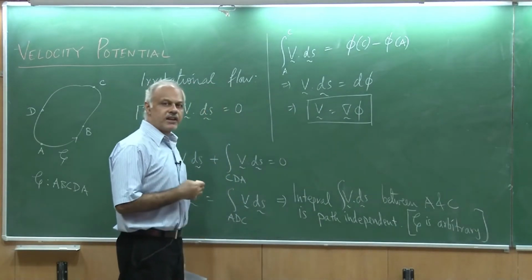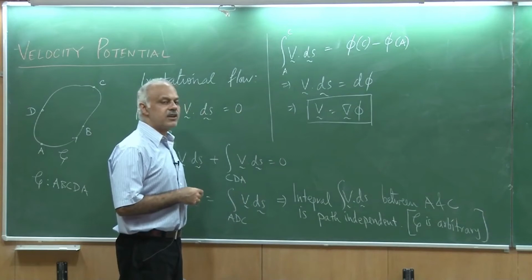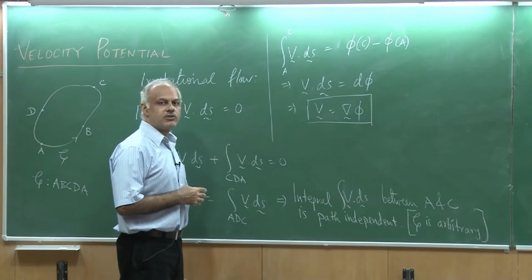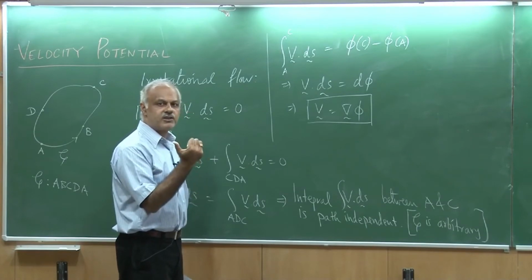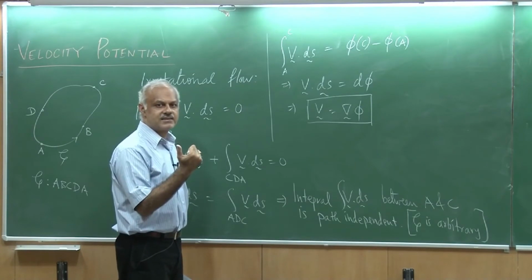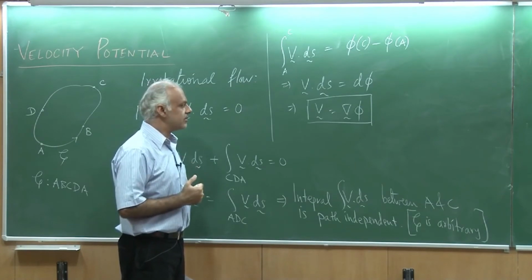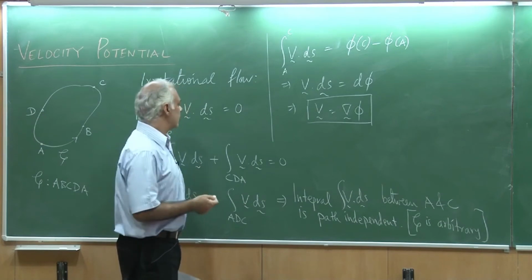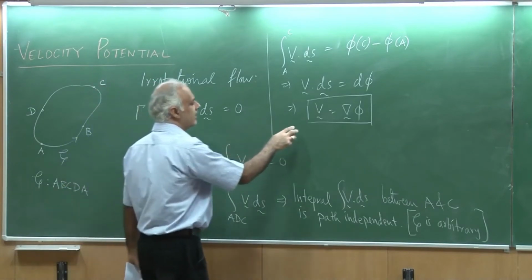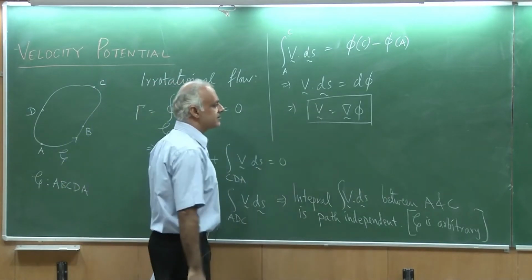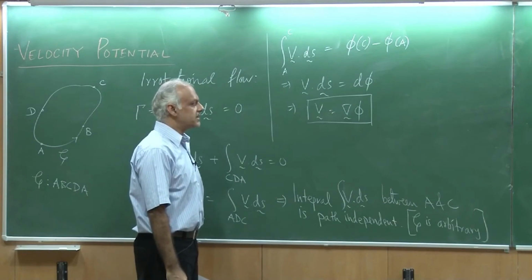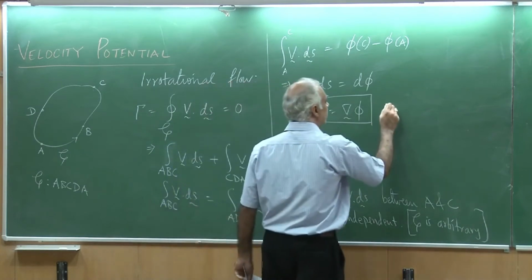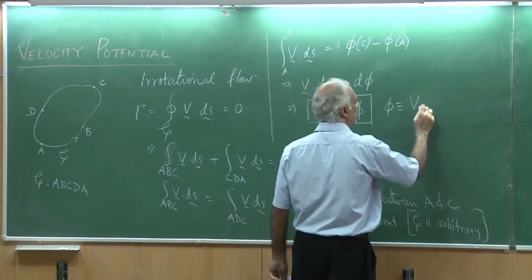Okay. So, what we have shown is that if I have an irrotational flow, and the irrotationality, let me recall for you, was that each element is not spinning about its individual axis. Okay, the rate of rotation is 0, and that we were able to relate to circulation. So, for circulation being 0, we are now able to show that this implies velocity can be expressed as the gradient of a scalar function. This phi is known as velocity potential.